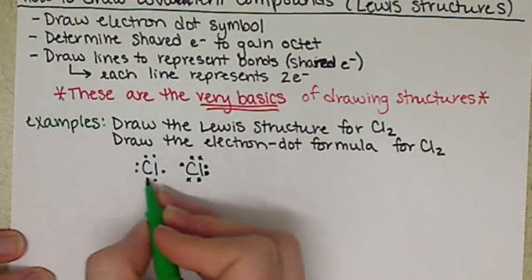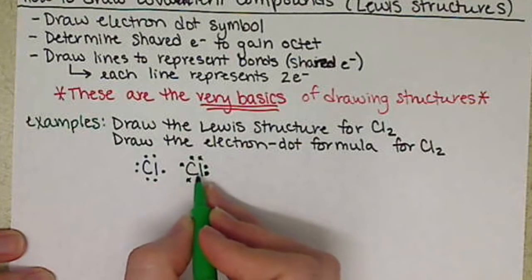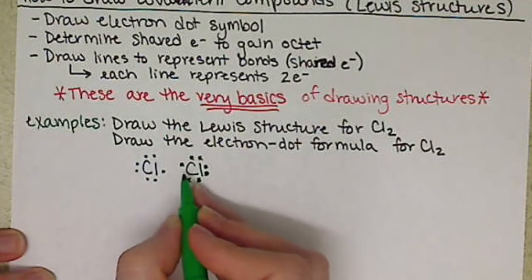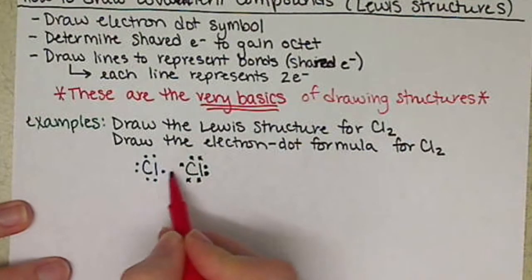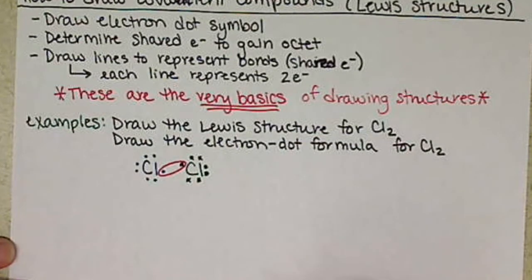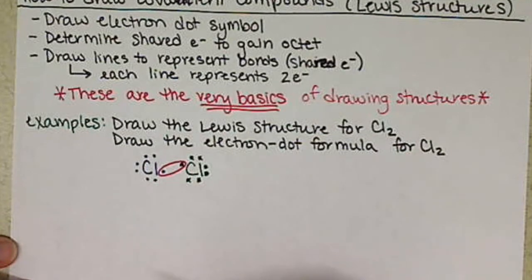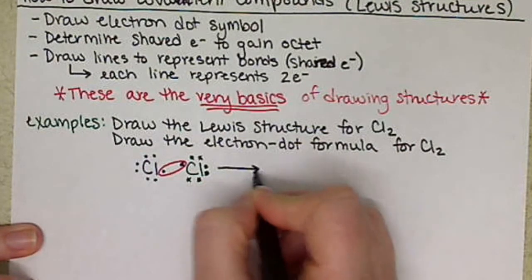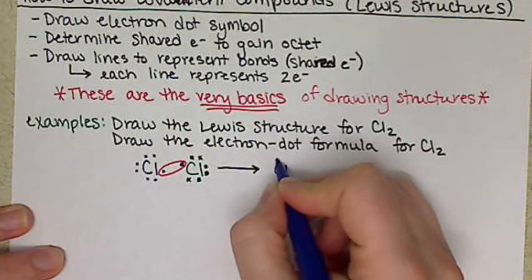So this chlorine over here has 7 valence electrons. It wants 1. Chlorine here has 7 valence electrons and wants 1 more. So what they're going to do is mutually share those 2 lone electrons, so that when we write these 2 atoms closer together,